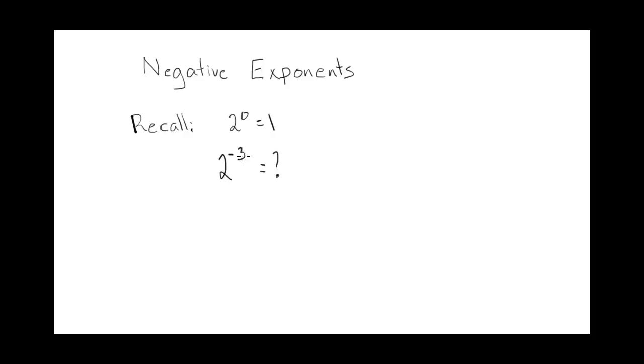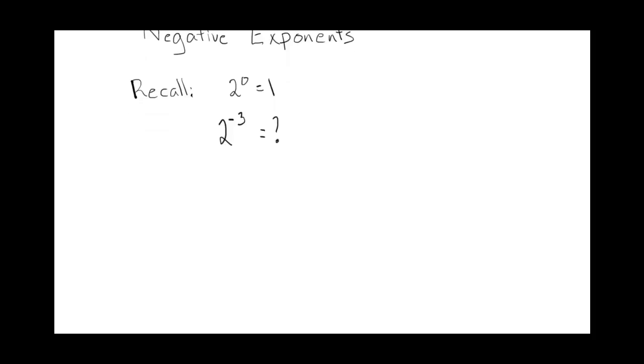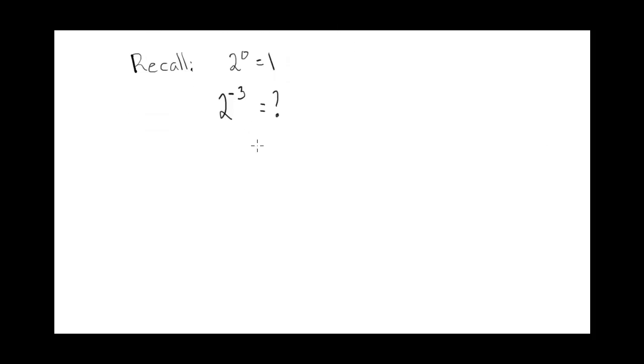So remember, exponent means multiply it that many times. So what exactly does it mean to multiply negative 3 times? It's a little bit different than if it was a positive number. But we're going to get this the same way we got our zero exponent. Just recall that exponent law, the division law, that x to the power of m over x to the power of n is equal to x to the power of m minus n. We used that to get the zero exponent. Well, now we're just going to do the same thing